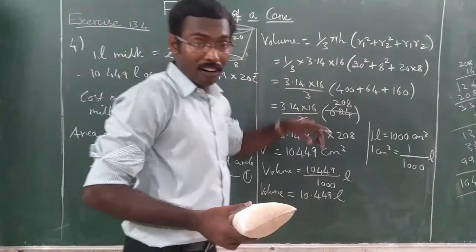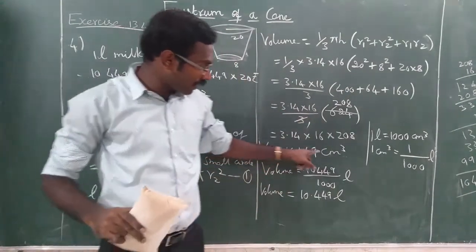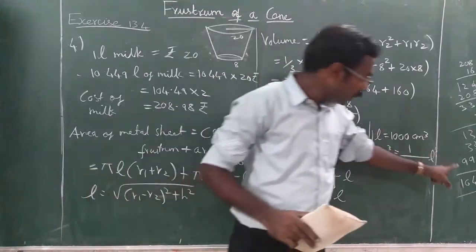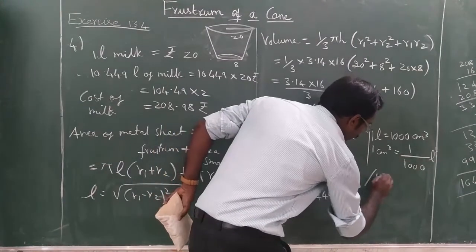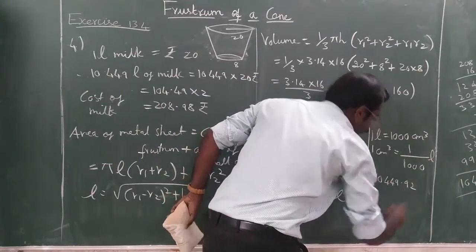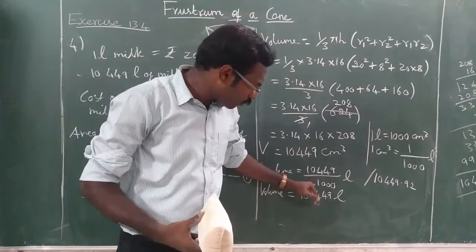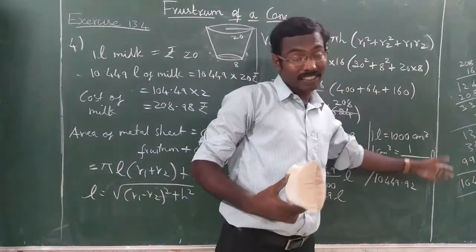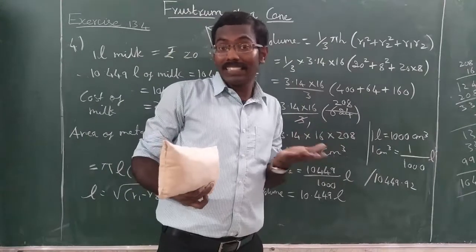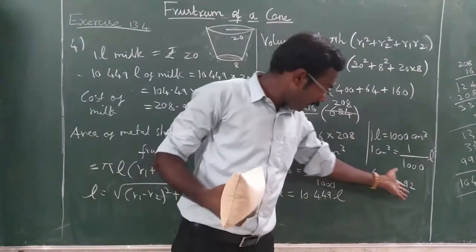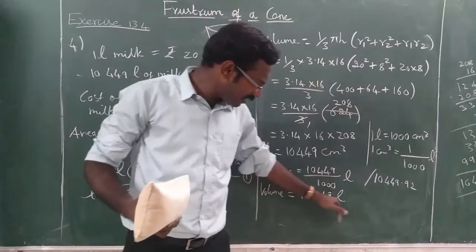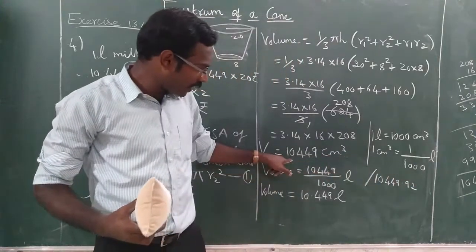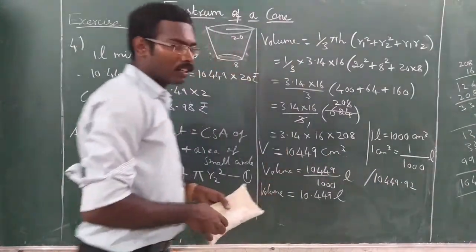So before erasing this, I want to tell you one thing. Here this volume, I have taken the approximate value 10,449. The actual value will come like this, 10,449.92. But we are dividing by 1000 now, so no problem. I have taken only the 3 digits. If you consider this, it will take 5 digits. No problem. There won't be a big change in the answer. So don't think why I did like that. If you consider 3 digits, that is also okay. If you want, take 5 digits, also okay. Understood? So I have taken the approximate value. So now let us continue.